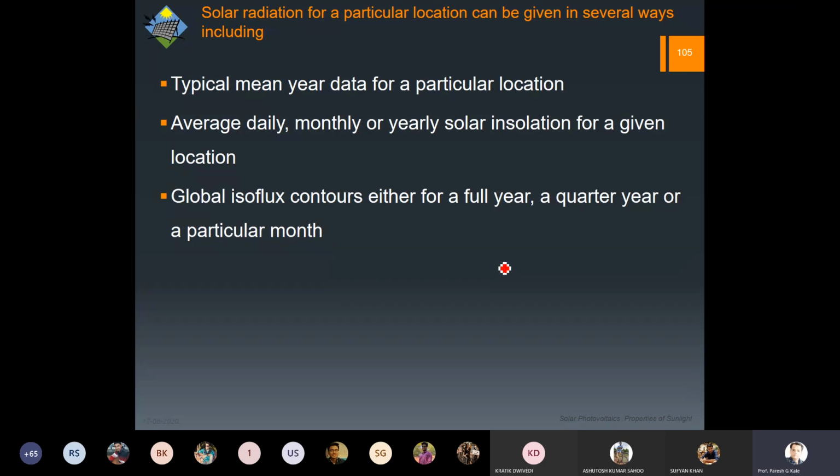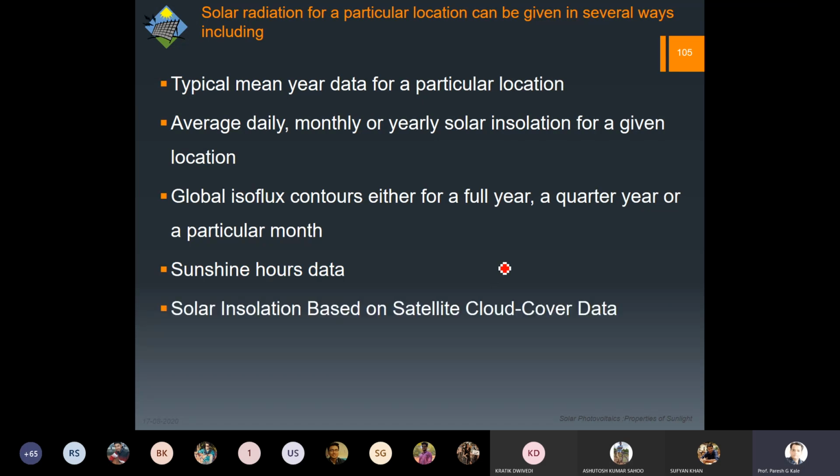I think such maps I have already shown you in the previous lecture. You can get the sunshine hour data based on the satellites, based on the terrestrial observation centers. They are spread even in India. Silently we are recording all this data. Also from the satellite we are recording cloud hour data and the coverage. And then for these calculations, people have given empirical formulas, and these tables are also already available for us. So you can get that data anywhere you want.